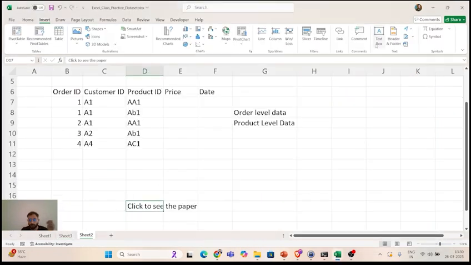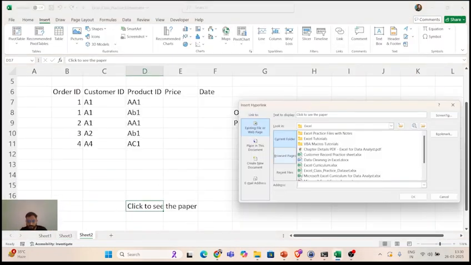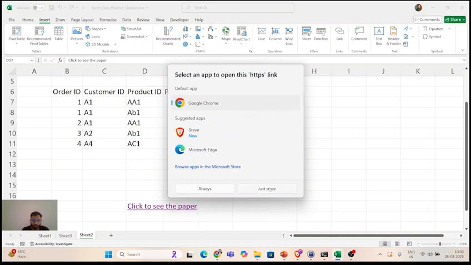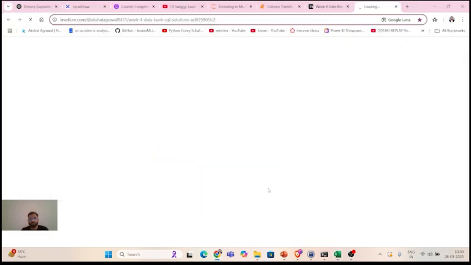Right click. I will go to the link section. I will come in here and I will paste the address here, whatever the link I have copied. Okay. And see now it is highlighted in blue color. And whenever I put the arrow, generally it is plus icon. But when I come onto the link, it is like a hand icon, right? Control click. It will take you to that link directly. Whether you want to use Google Chrome, yes. So now this link will be open.